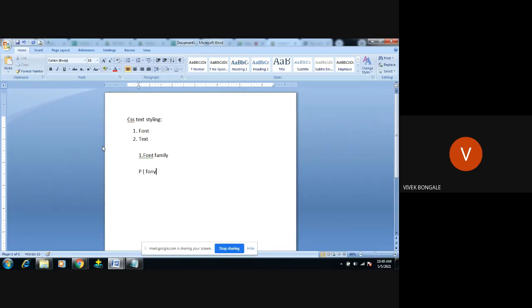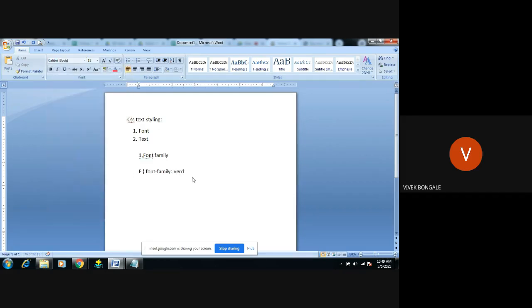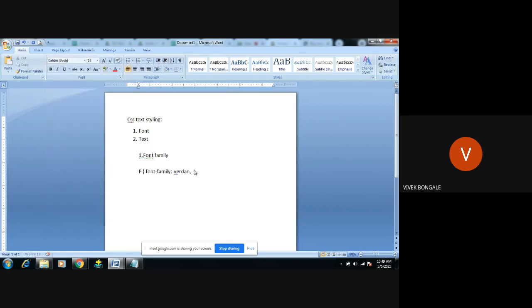The property is font-family, colon, followed by the font family names. First he will give Vardhan, then next, comma, next Vardhana.